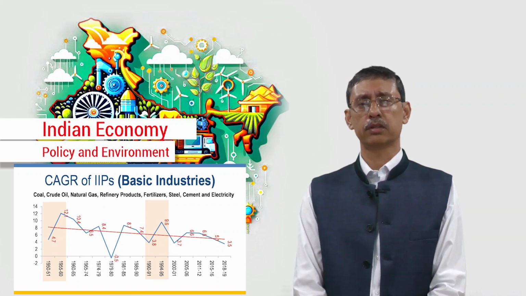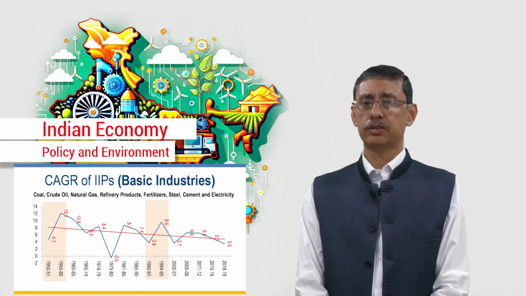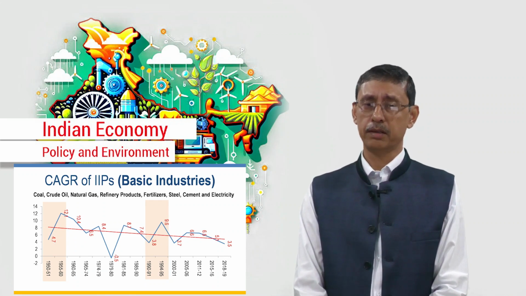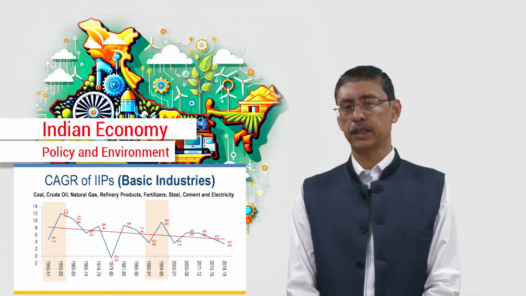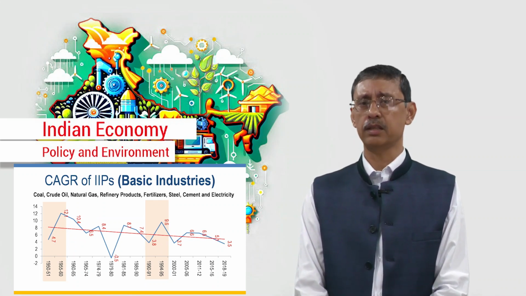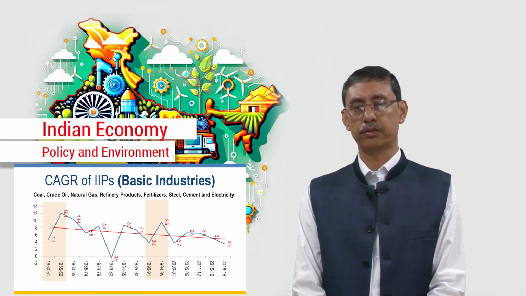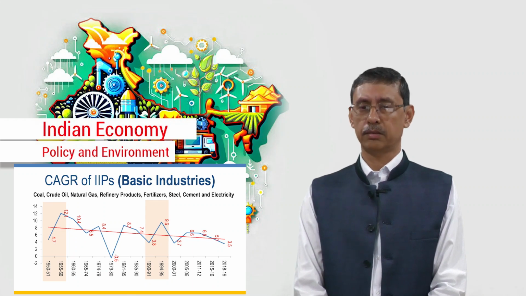Two things are important. One, in that initial phase, basic industries have shown a growth of around 3 times, from 4 to 12, and in between, in the early 90s, owing to reform in that period, we have that spike in the growth rate, and then however gradually this showed some decline.